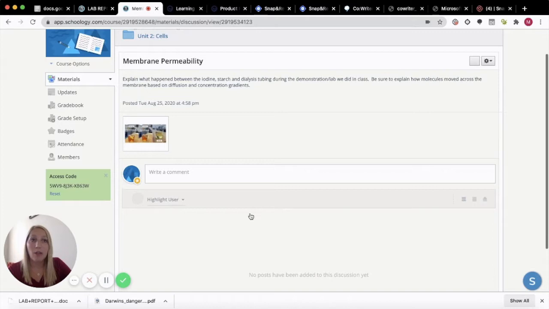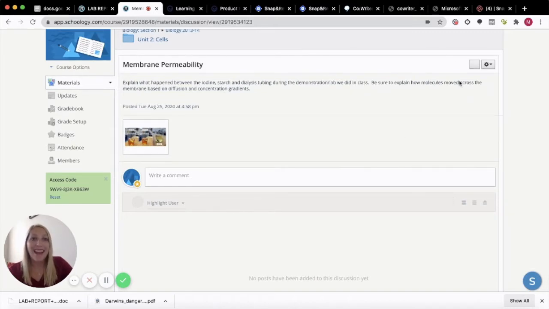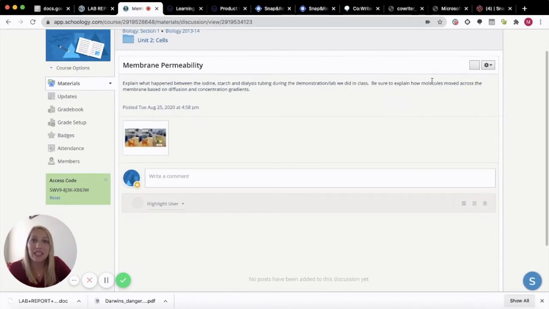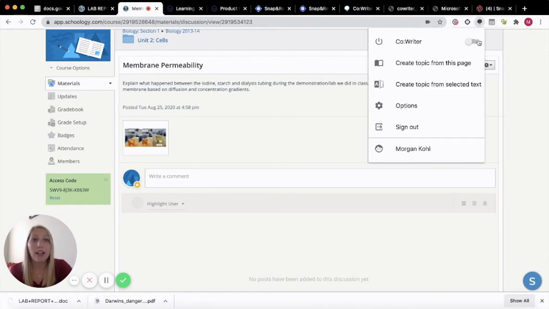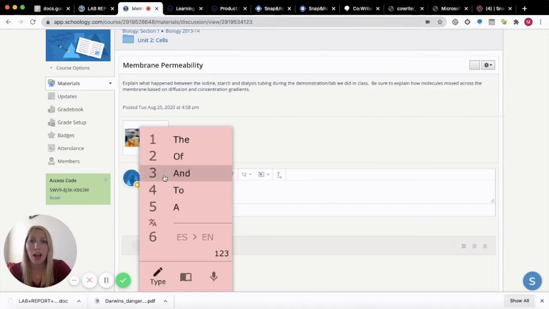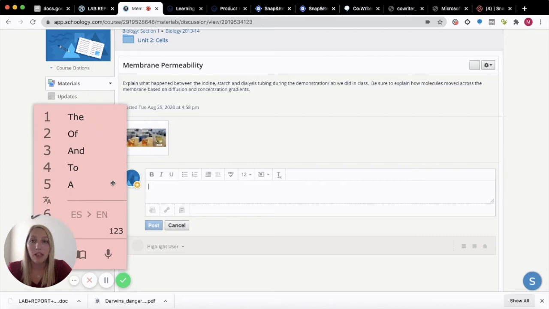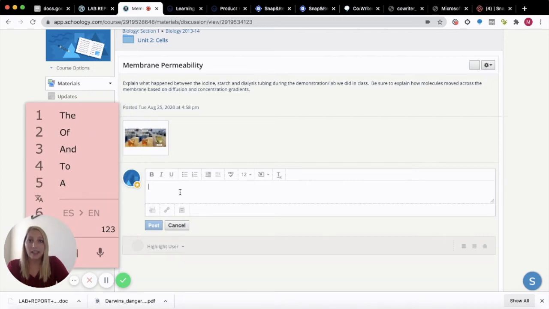As you can see, I am currently signed into Schoology, and all I'm going to do is complete this assignment on membrane permeability. So I'm going to go up to CoWriter and simply toggle it on. Now I could come in here and write my comment, and as you can see, my CoWriter box has popped up here. I'm just going to move it on over, and I can say the